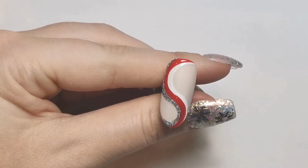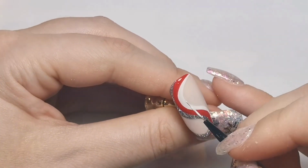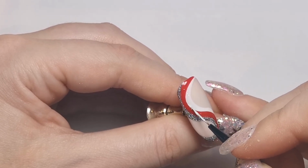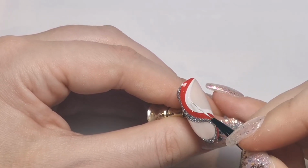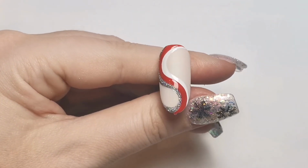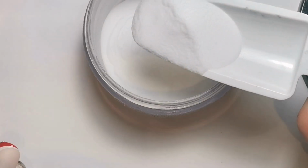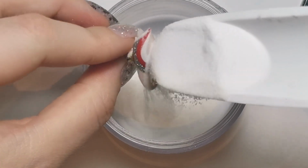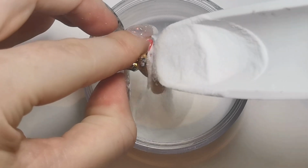I don't want the white to be too thick, because I find that when there's glitter involved, I sort of want that to be the main focus. So because we're having multiple textures in here, I think it would look good if it was all just quite minimal. So I'm then going to go in with my clear acrylic, which I've got next to me. I'm just going to scoop some out of the tub and then just pop it over the top of the nail, over the white,